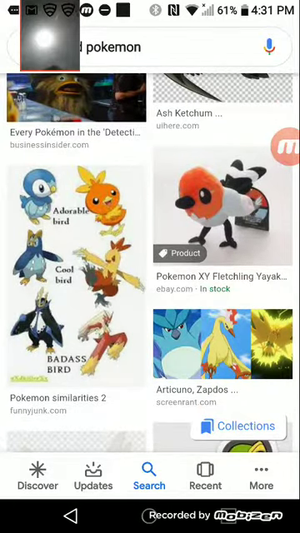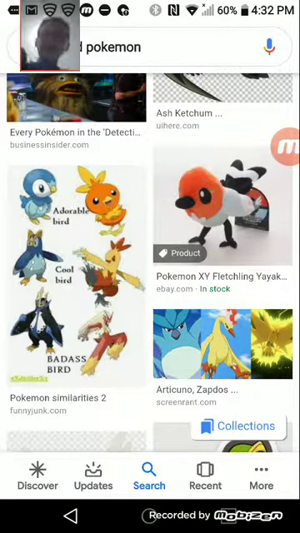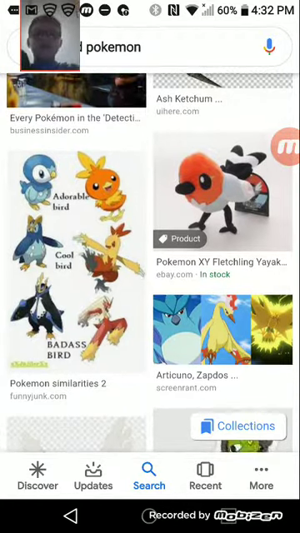Then there's number 6, Piplup. Piplups are cute, but it's weird. Okay. Next, number 5